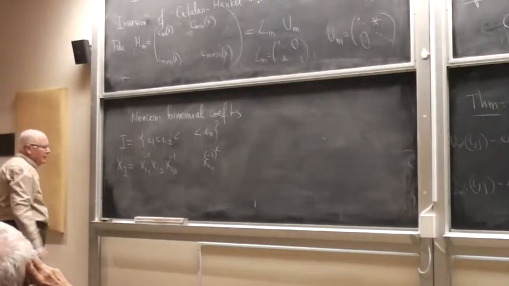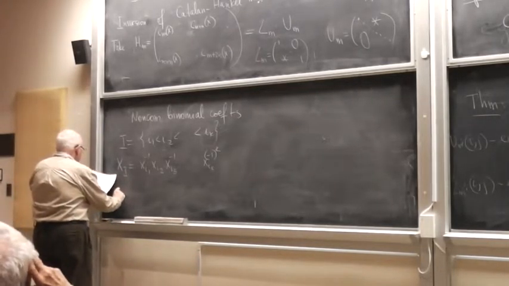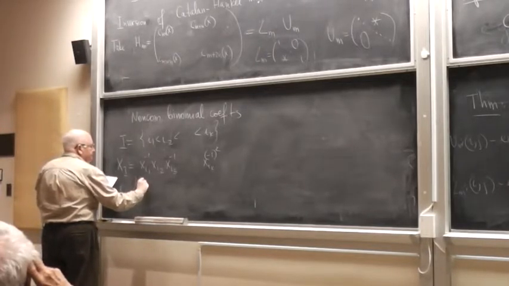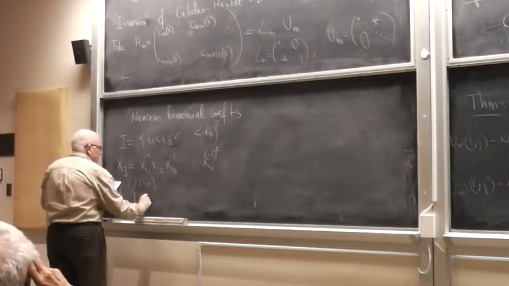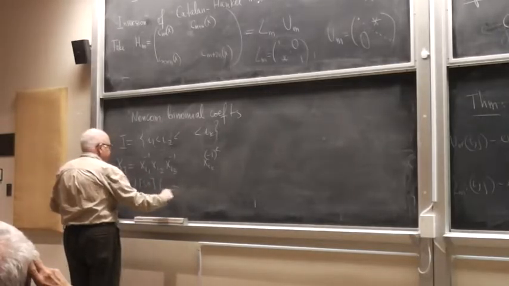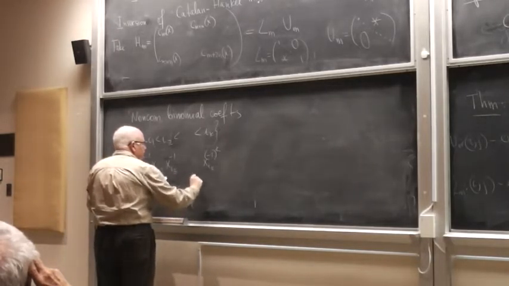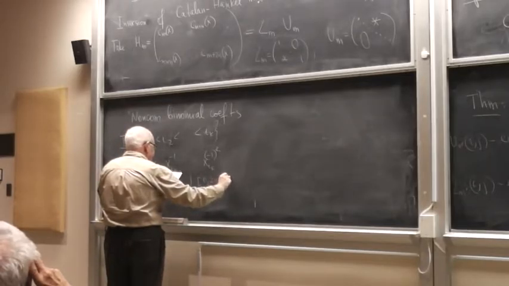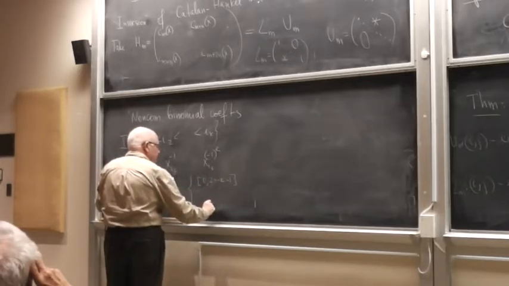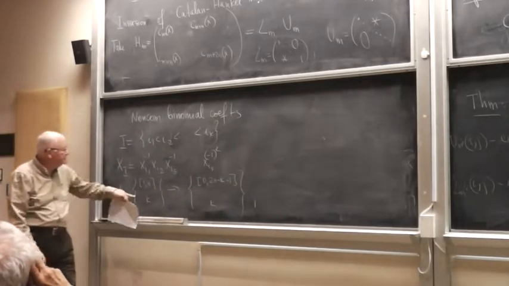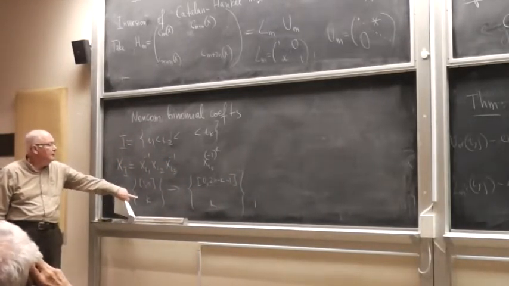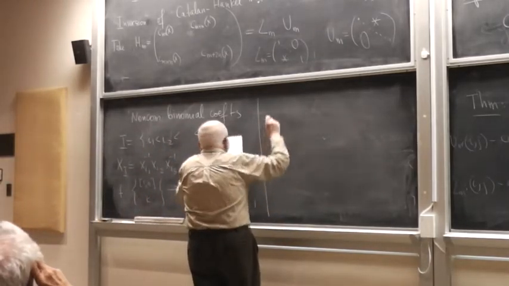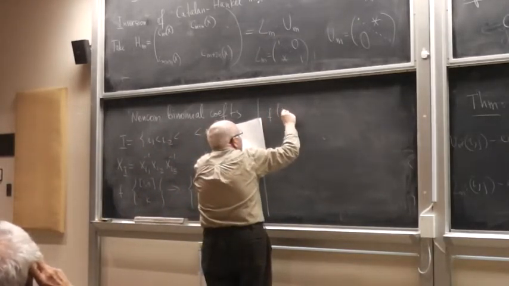So they're just alternating monomials. Then let me define f from subsets, then scale into this. So f is defined by